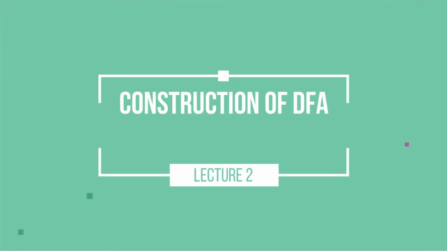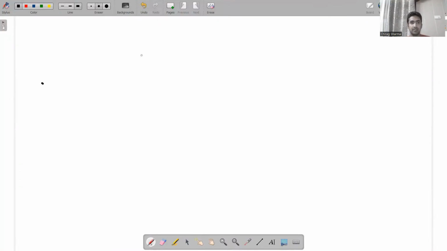So in today's lecture, we'll be discussing construction of DFA. Construction of DFA means we will be constructing DFAs for various problems where we are going to take two input symbols. Earlier, we have taken one input symbol. For example, if I have to construct a DFA, like this is my first question, construct a DFA